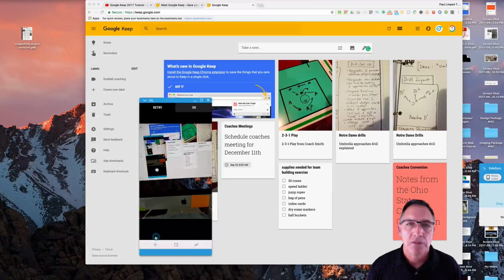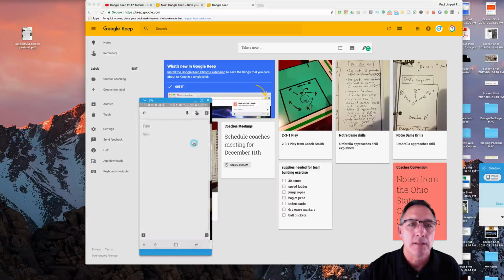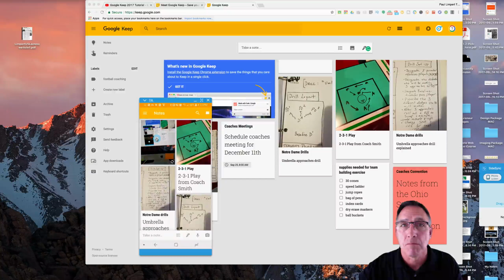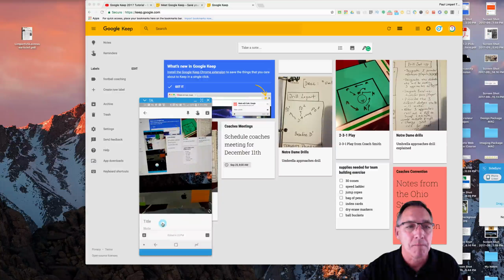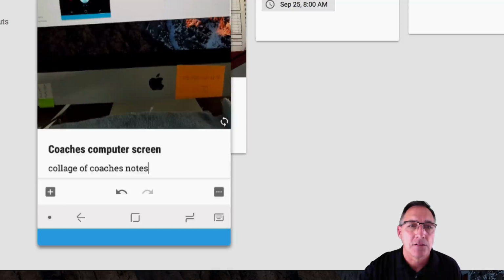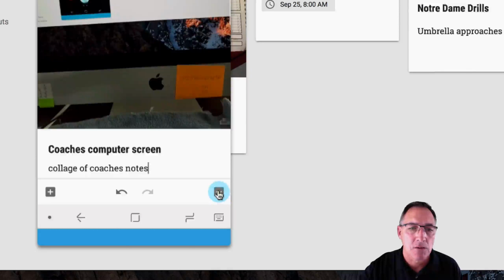Now when I start a note, I'm going to want to keep track of those notes in a way that allows me to find it later. So I didn't name that one. I'm going to go back into it, open it up, and type down here, coaches, computer, screen, in this case. And then I'll just put a note in there that says, what do I need? Collage of coaches' notes. Okay, now, right down here on the right-hand side, bottom, is a little 3-dot